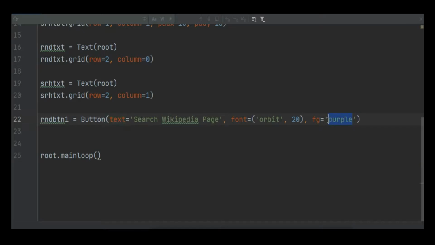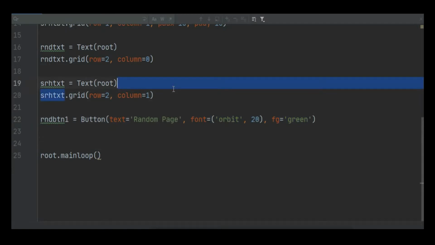And I want my button text to be random page, and this is okay. I'm going to change this grid for rndbtn into row equal to 3 and column equal to 0. You can see I got the random button.